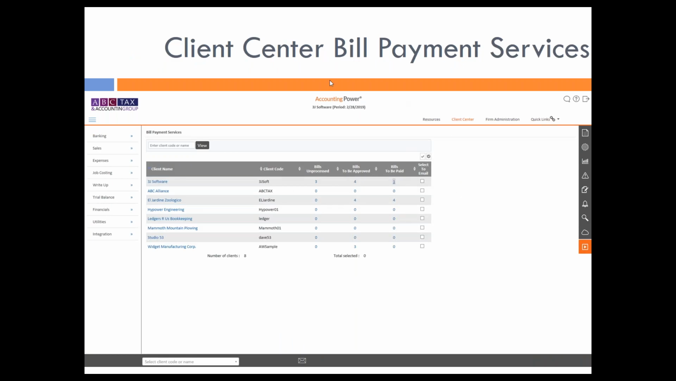The Client Center Bill Payment Services screen. I showed two other screens here, the dashboard and also the notification screen. But this is the Bill Payment Services screen. And what this does is, if you're offering a bill payment service to one of your clients, it helps you track that whole process. So you can come to this screen, you can see, well, 3J Software has 3 bills